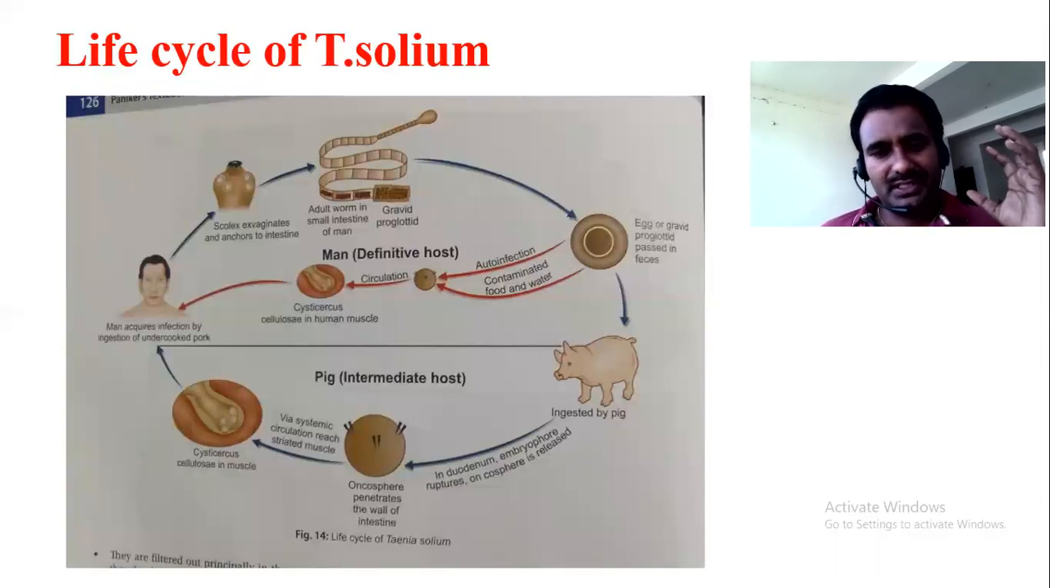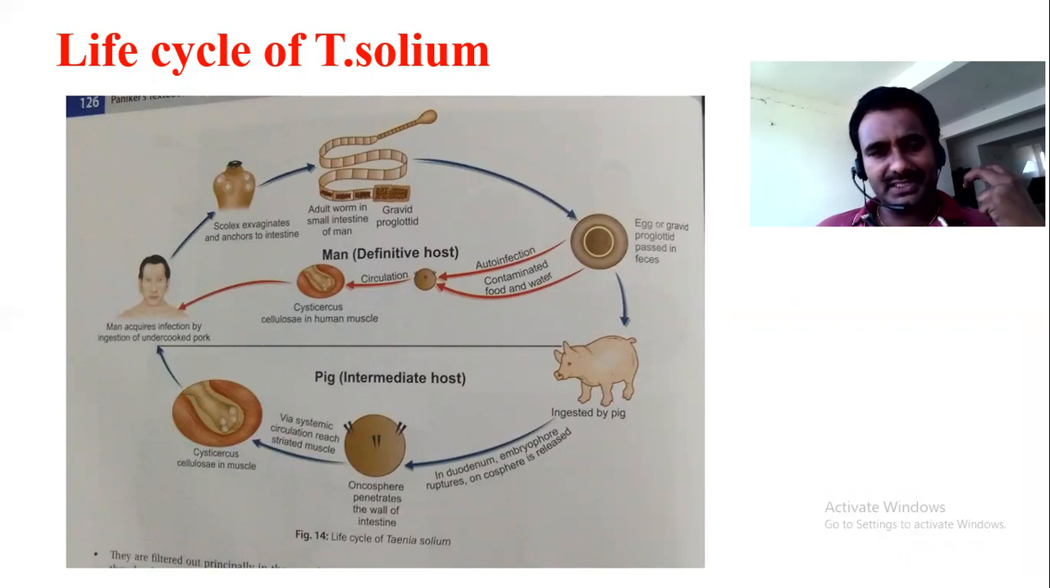When you observe the life cycle of Taenia solium, it is completed in two hosts: the definitive host is man, the intermediate host is the pig. Man acquires the infection by taking undercooked pork. After eating this, it enters the intestine. So the Cysticercus cellulosae